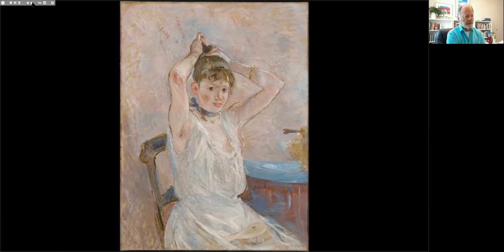A woman doing her toilet, arranging her hair, again a subject which is particular to women's activity. In every example I think I've shown you, we see a woman's world, a woman's experience, women's occupations, and that runs through the art of Berthe Morisot.